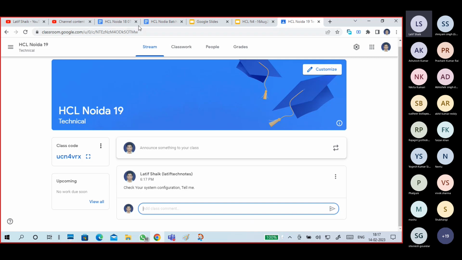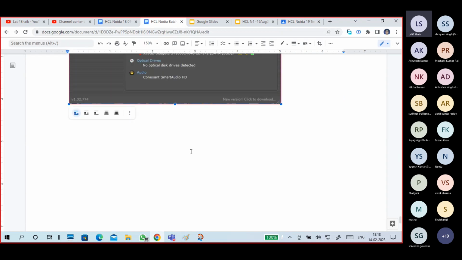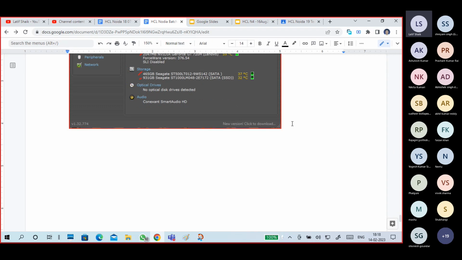I will give you one small last part, and after that we'll discuss. Guys, I found my system configuration. How I found it: either I use Speccy software, or maybe I use Task Manager or MSInfo32 kind of stuff. You can use anything. My system configuration is: my CPU is an Intel i5 processor,